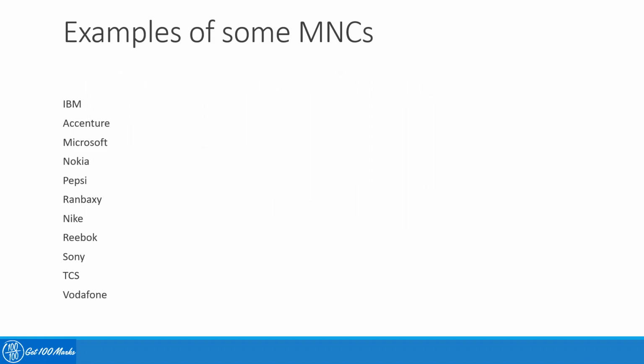You see IBM, Accenture, Microsoft, a lot of software related companies originating from the United States, now operating globally, and we see their presence, we see their offices in India. They have employees in India who are Indians, they have offices in India, they have infrastructure in India, they have development offices in India. So those are some examples of software MNCs which are operating in India. And similarly, they have presence in various other countries.